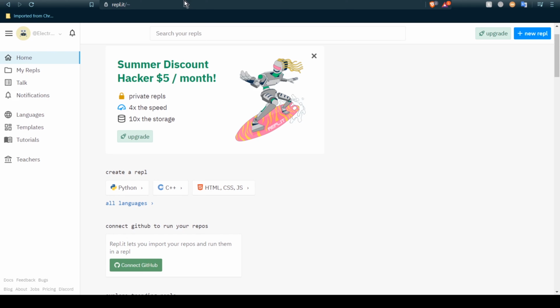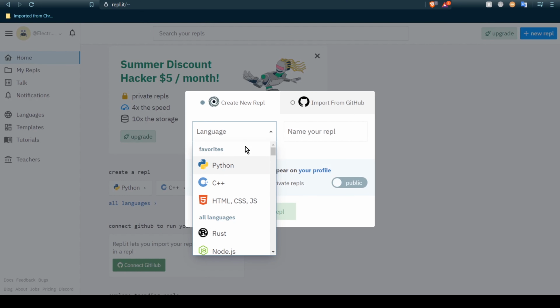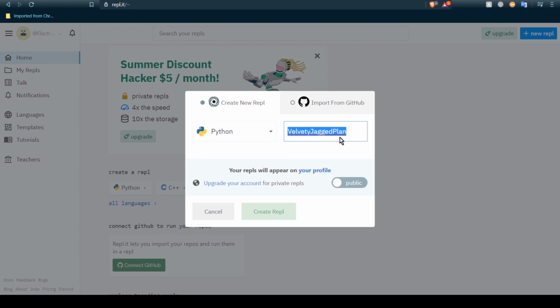Okay guys, so here I am on my newly made REPL account. So this is the third method that we're gonna be using, and this is through repl.it. So I'll just tell you what this is. First of all, go to repl.it and sign up for an account. Then click on new REPL over here, and select Python from the list, and